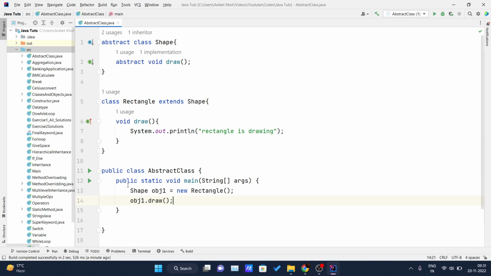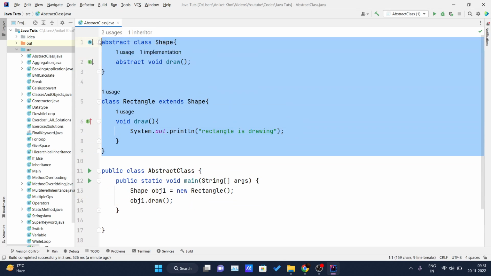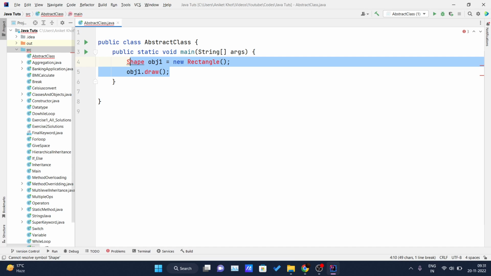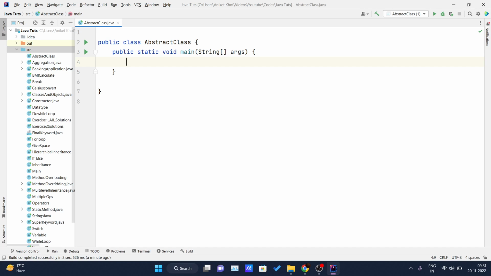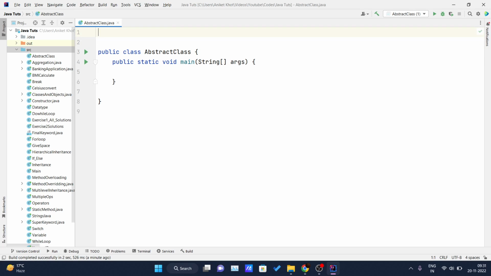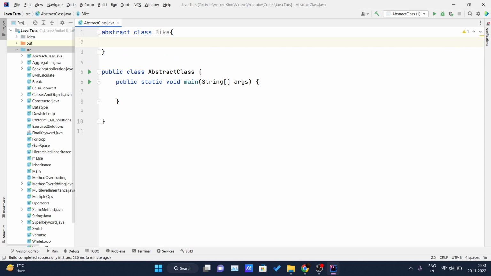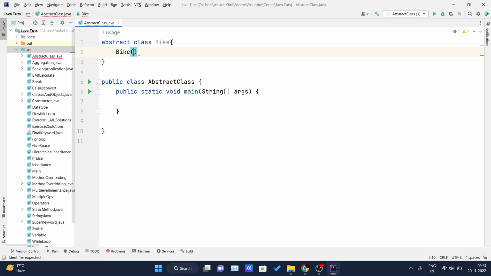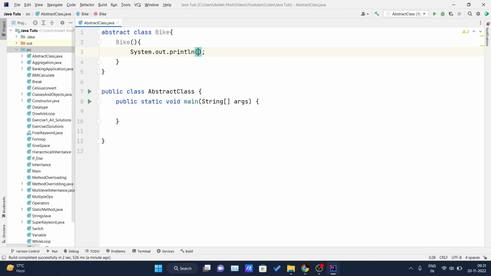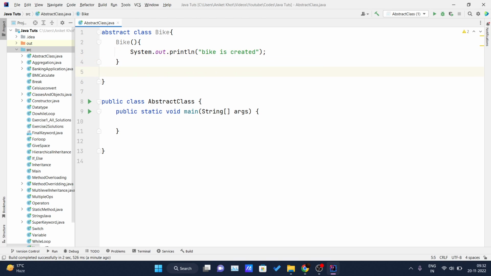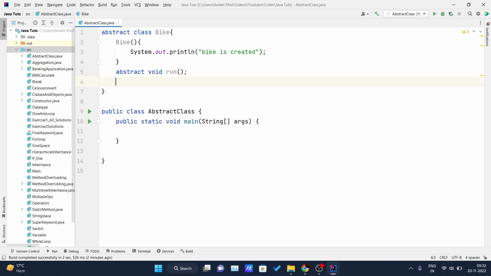Now we will see an example of a class having a constructor, data members, and methods. First of all, let me clear the previous example. Now to understand this I will create one more class, which is an abstract one, abstract class Bike, and inside this I will create one constructor of this class, and inside the constructor I will simply print "Bike is created." After that I will create one abstract method, abstract void run,